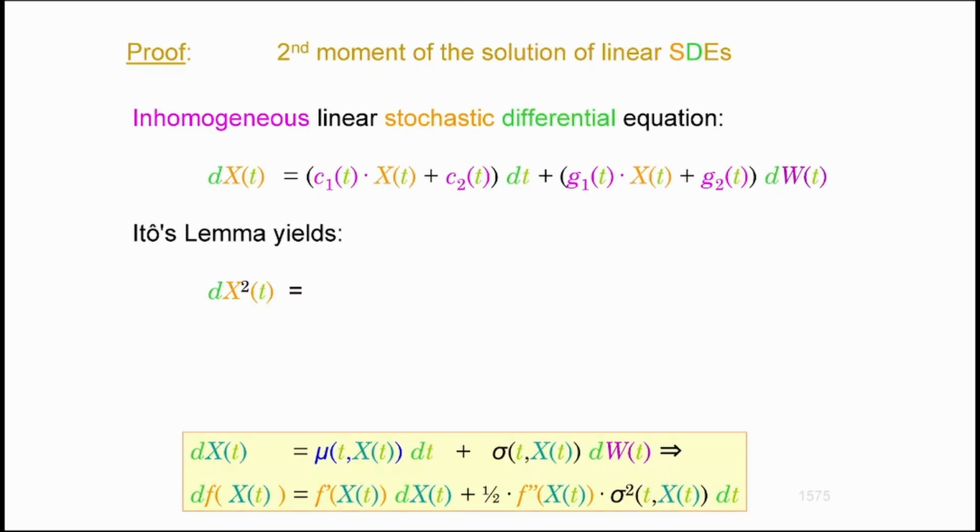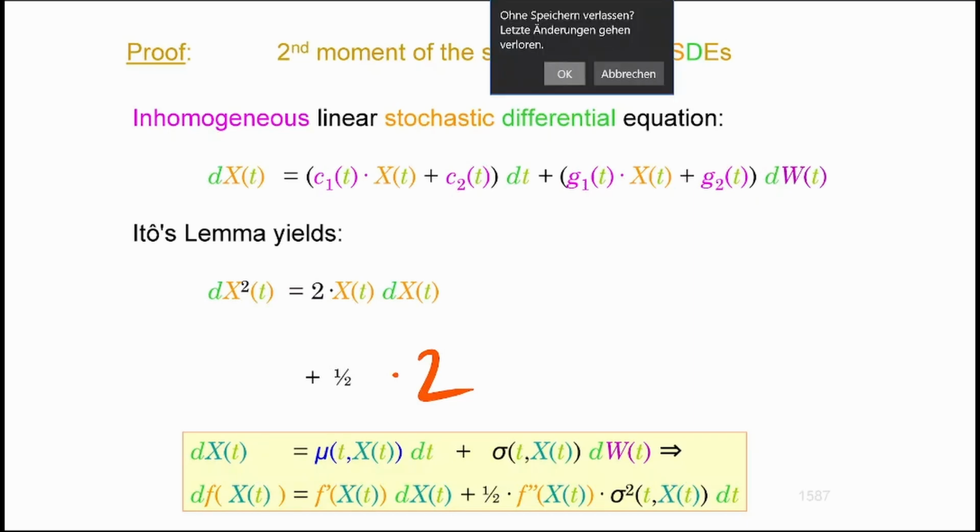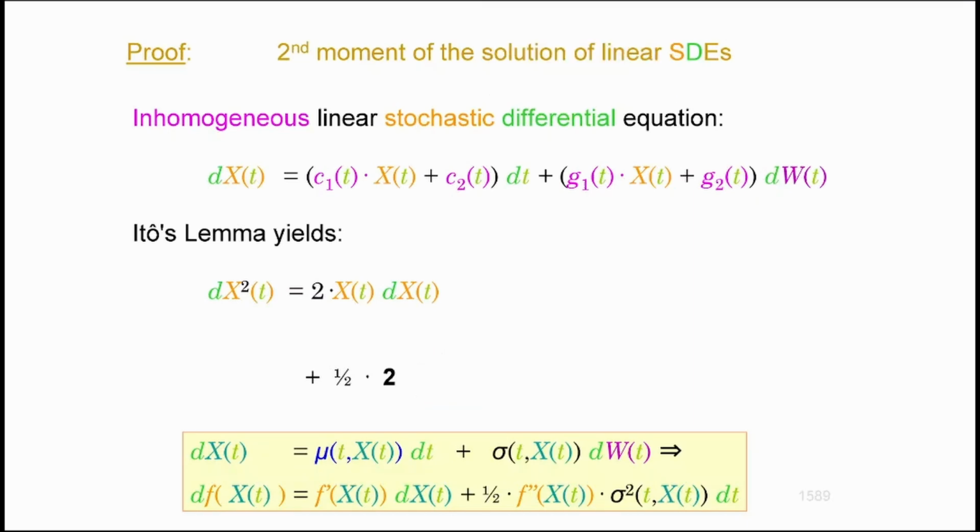Okay, we're going to apply this. So this is going to be 2 times x, right? You see, 2 times x dx, which is giving you the diffusion. But again, here it is, so I'm going to replace it, and then you'll have plus 1/2 times the second derivative, which is a constant now. So that's what you'll have, which is 2. You might remember that the derivative of 2x was 2.